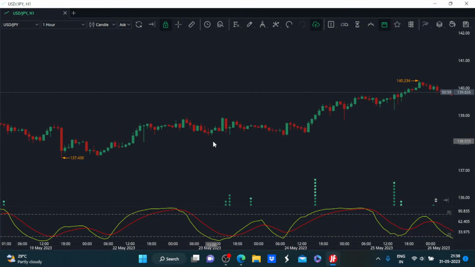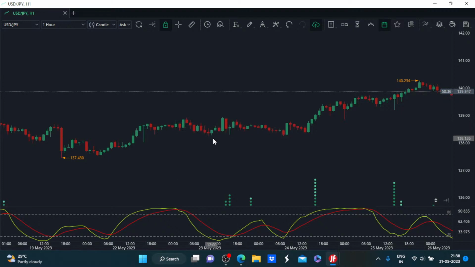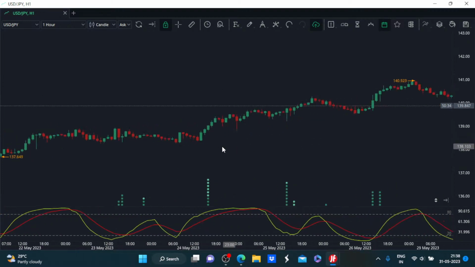Rather, it was sideways, but we had this decline for the DDS and the signal line. Both went into this overbought territory, and after this buy signal was generated with the DDS line crossing above the signal line, we would have been in a position to profit with this buy trade taken closer to this immediate low, and in the course of time there was a significant up move with gains of more than 2 percentage points